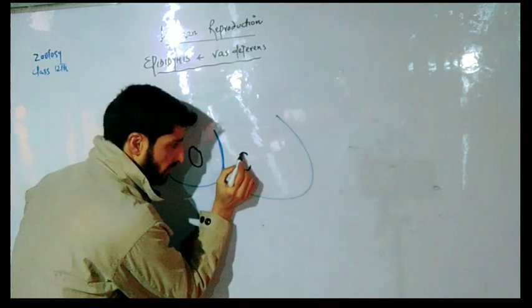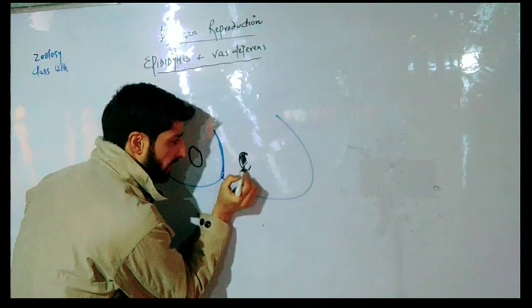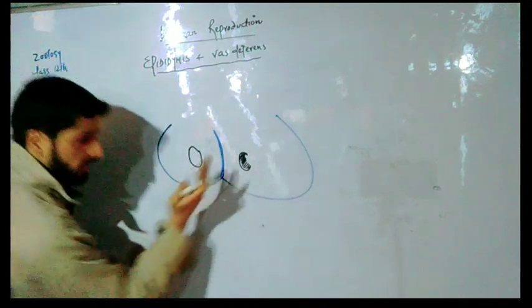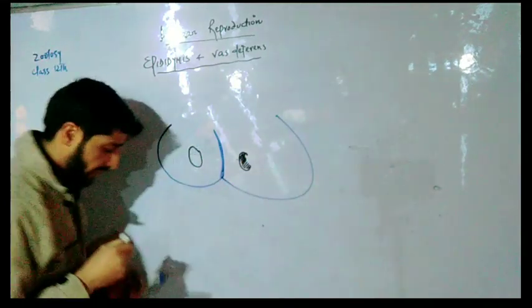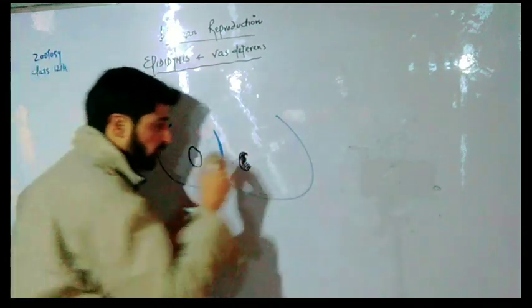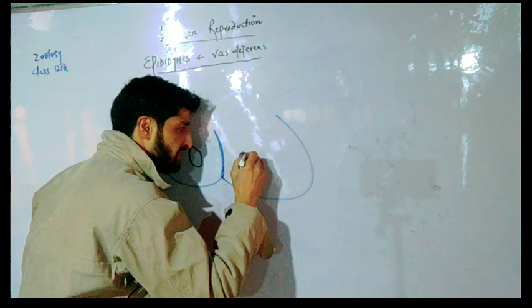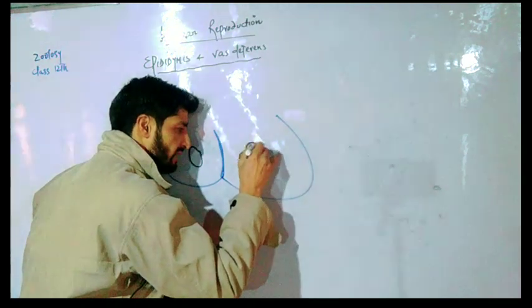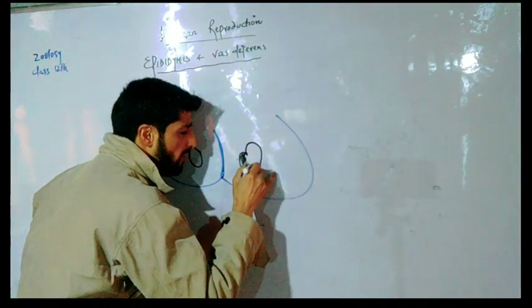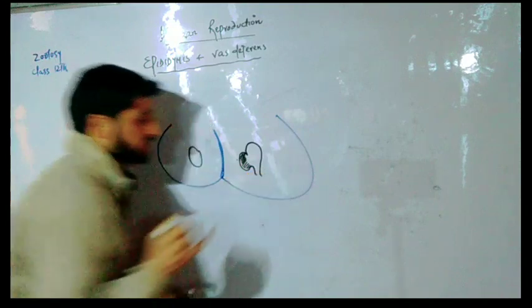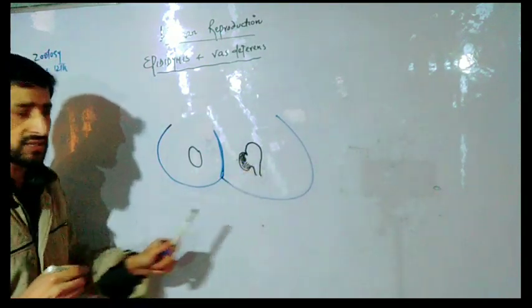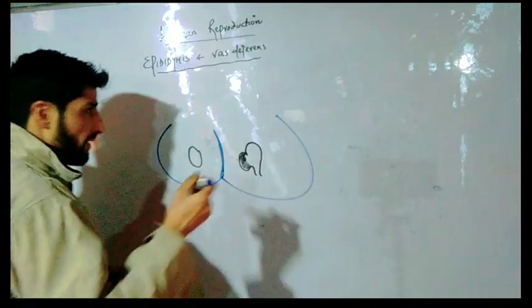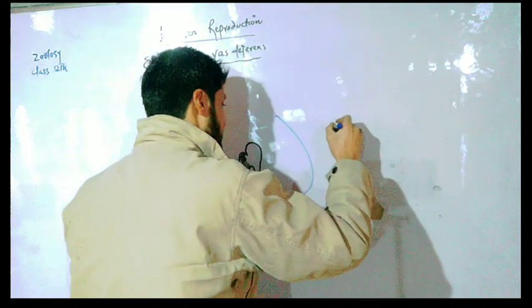Now attached with this testicle, let us suppose this is the anterior end. Obviously this will be the posterior end. At the posterior end of each testicle there is attached a comma shaped structure like this. If I draw this comma shaped structure here,